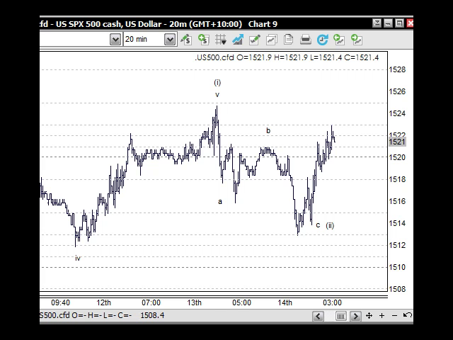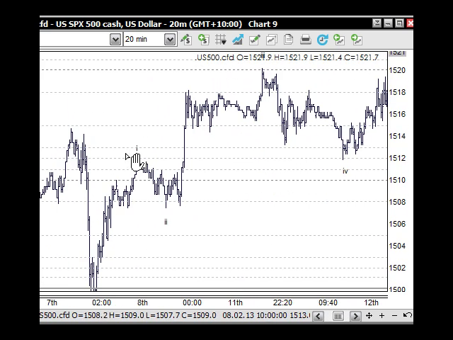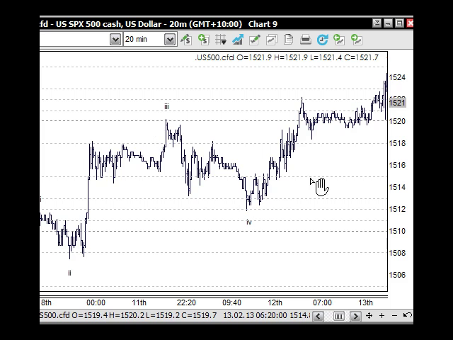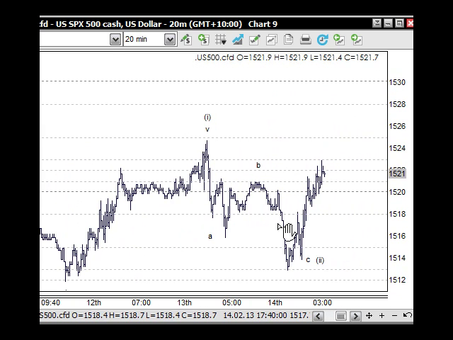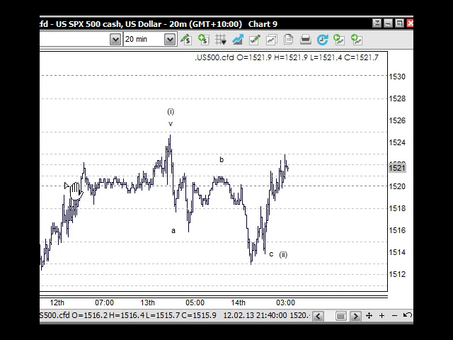Here we're looking at the S&P 500 on a 20-minute chart. As you know, yesterday we had this move down, and we were looking for a three-wave swing. We've got that now in terms of an A, a B and a C for this little wave 2. Because we were chasing those 5 waves up, this 1, 2, 3, 4 and 5, we've got our ABC here. This is a normal thing that's occurring across a particular level in 520 at this stage.